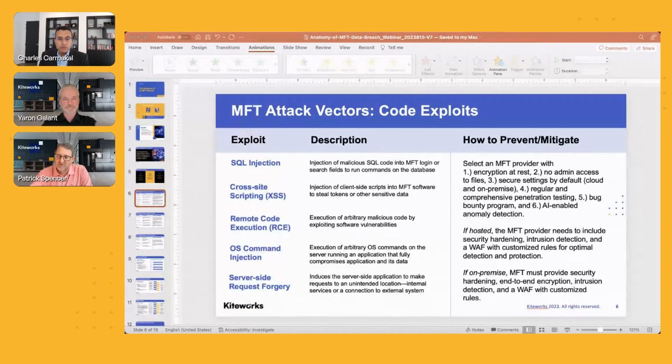Yaron, yesterday we spoke about this briefly. I'd ask you, do some of these exploits have greater risk than others? And I think your answer was, it kind of depends. Probably not. It just depends on which one provides them with access to the system and the ability to hack into it.